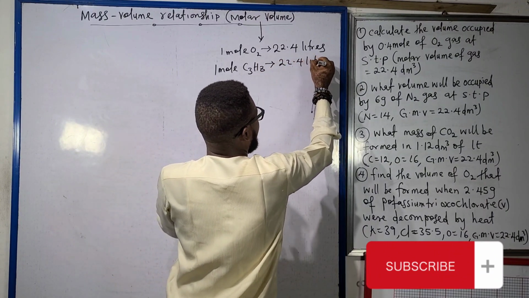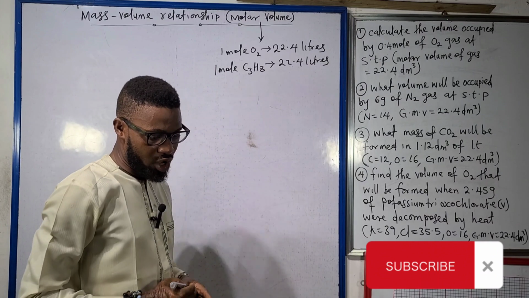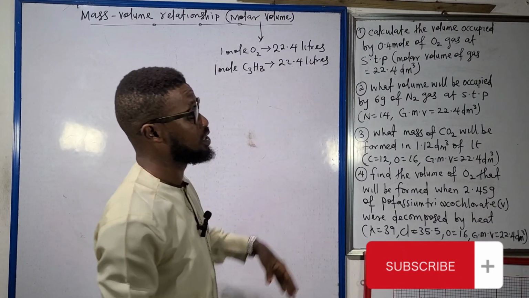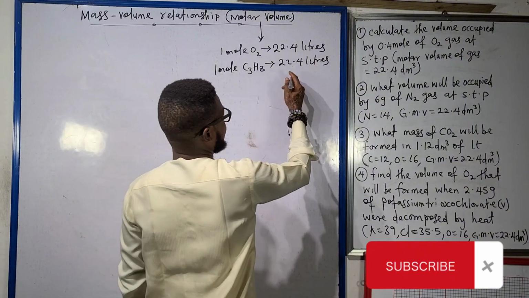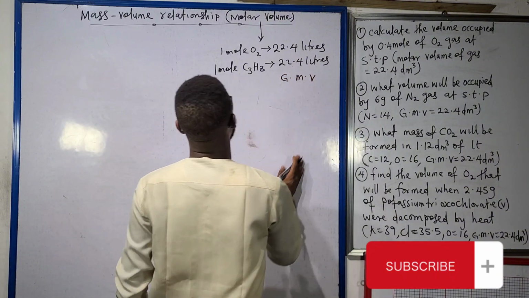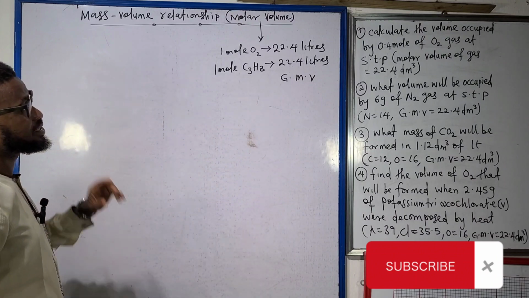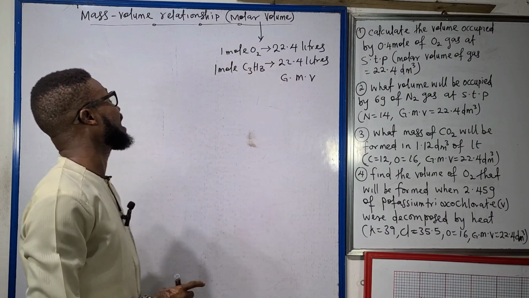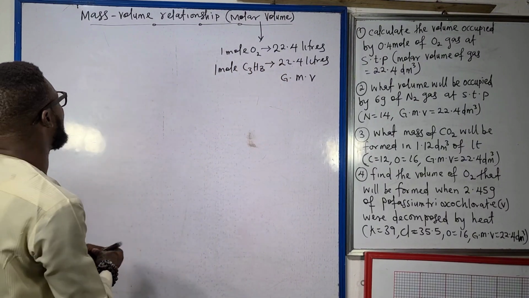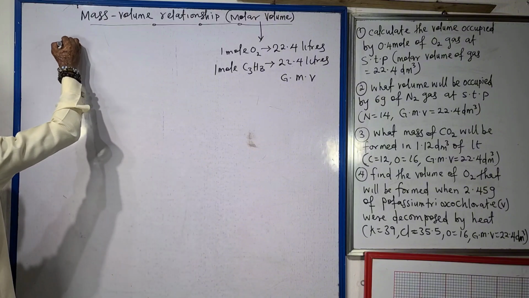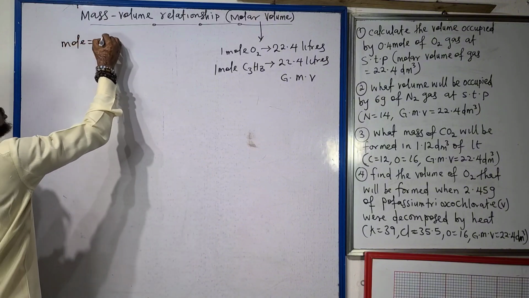So it does not matter the gas. So long as it is 1 mole, it is going to occupy 22.4 liters. This 22.4 liters is what we call gas molar volume. So the molar volume is talking about the space occupied by 1 mole of a gas, and that is 22.4 liters. Now, recall that under mole concept and stoichiometry, we've said that mole equals mass